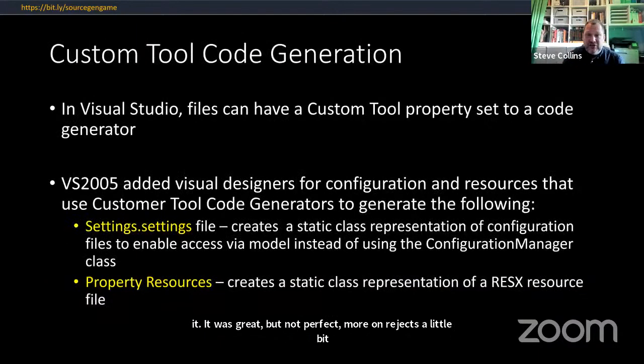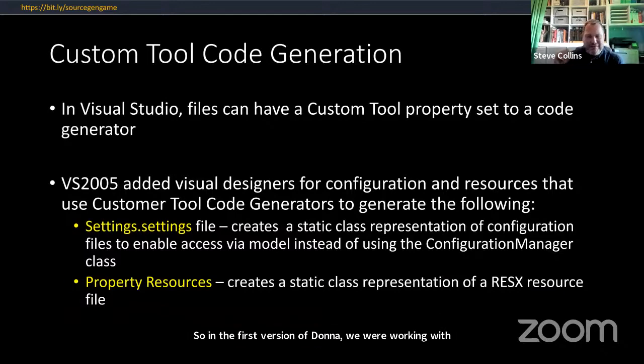So in the first version of .NET, we were working with web config files, and that was a horrible experience. I do another talk about configuration in .NET, and the XML configuration files were something else. You could really tie yourself up in knots with it. You could also embed resources using RESX resource files, and they were very, very similar. It was all XML based, and you had to work some horrible APIs to try and read stuff in and out of the resx files.